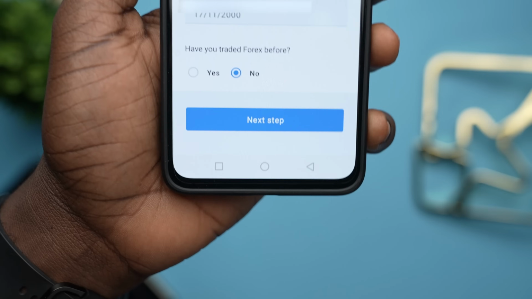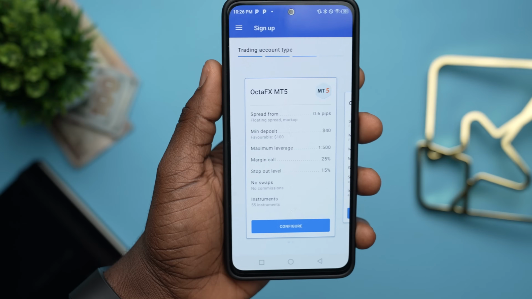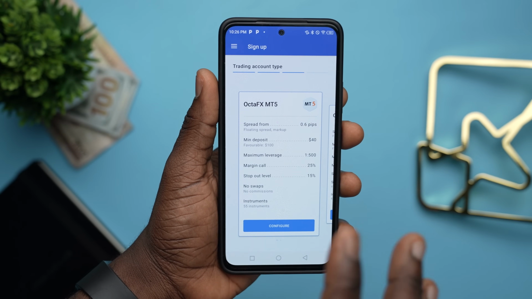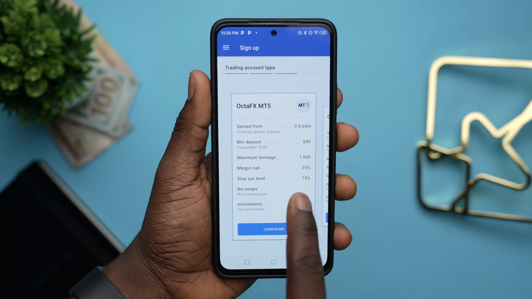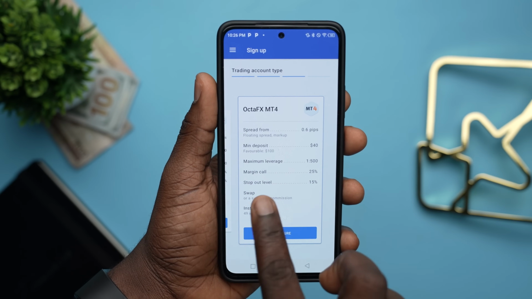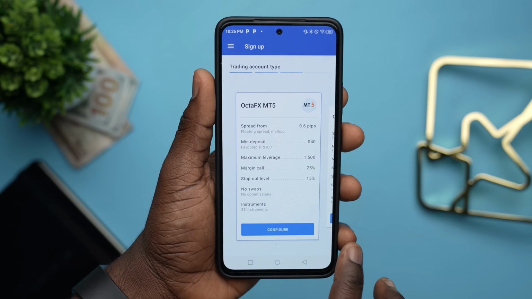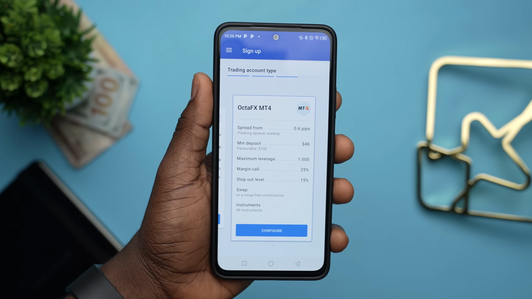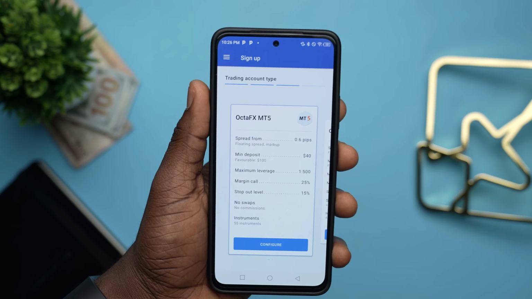Regardless of what you choose here, the next option you will get is the kind of Forex account you want to open. As you're about to create your real or demo account, you'll be faced with MetaTrader 4 or MetaTrader 5 as choices. I'll be going with MetaTrader 4 as 5 is much more advanced. It does have a few more features than MetaTrader 4, but you can still do a lot with MetaTrader 4.